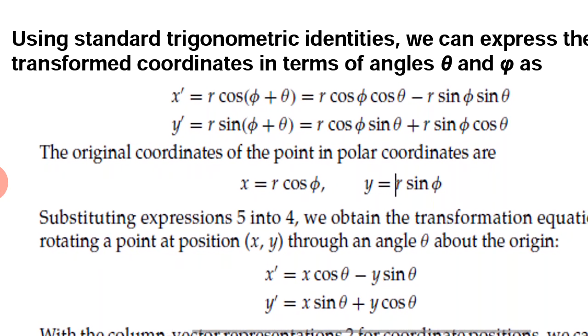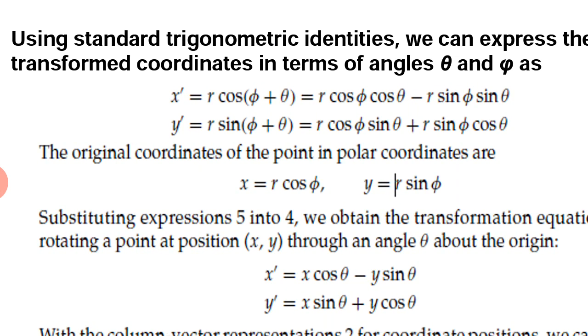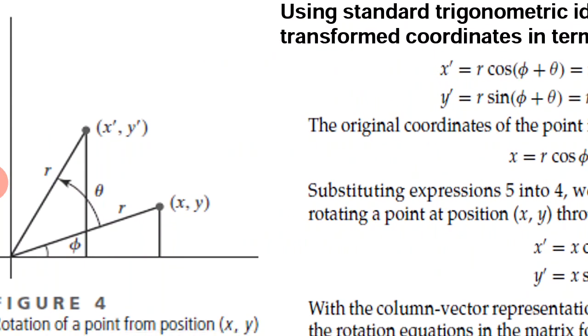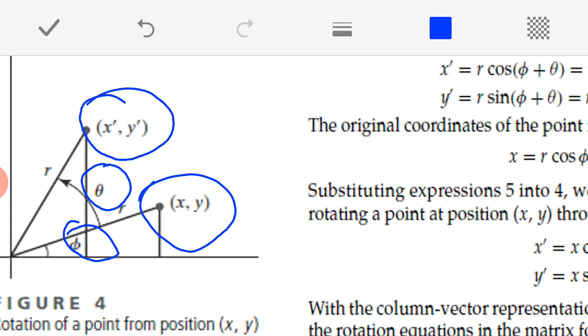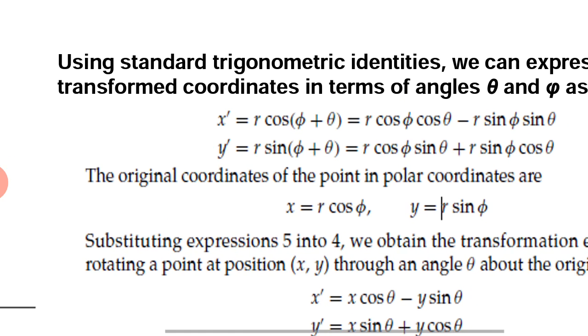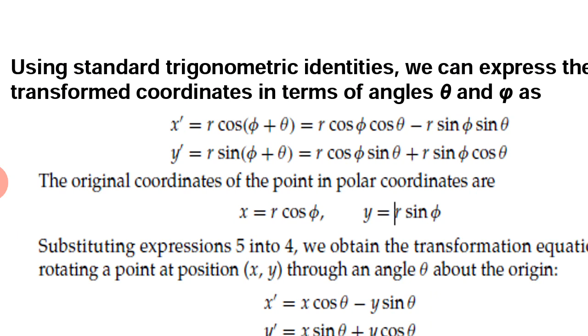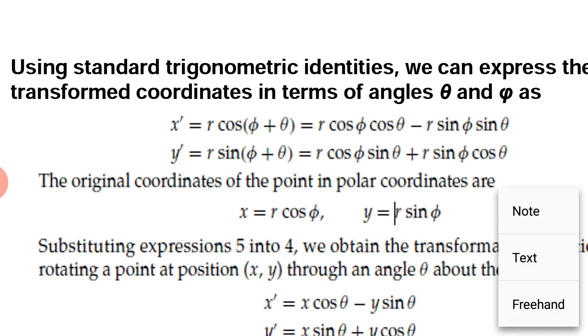Using the standard trigonometric equations, you know that there are two angles which have been made. What is angle phi here? The angle phi is the initial angle which has been made with respect to point P, x comma y. Theta is the rotation angle that I want to apply. After applying theta, my new position of point P is x dash comma y dash. There are two angles here. Now, with respect to these two angles, look at how I am going to write it using standard trigonometric identities. So, my new point x dash is given by what?